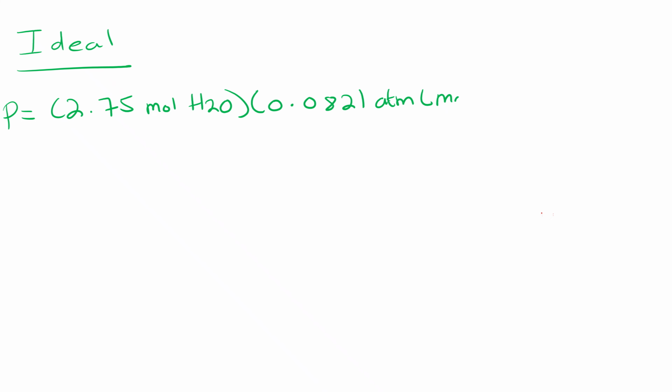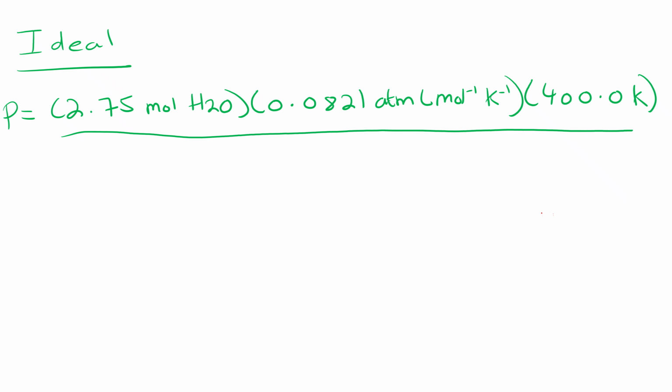atmospheres litres per mole per Kelvin, multiplied by the temperature, which is 400.0 Kelvin, and we divide by the volume of the system, which is 1.00 litres. Now, if we put that into a calculator, we would get an answer, to three significant figures, of 90.3 atmospheres to represent the pressure of water vapour under these conditions within the system according to the ideal gas